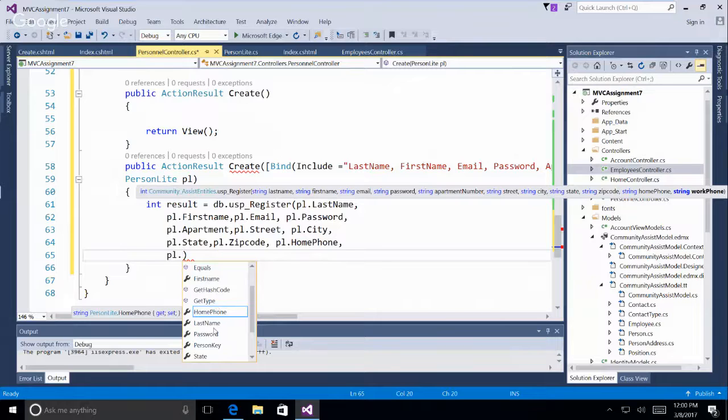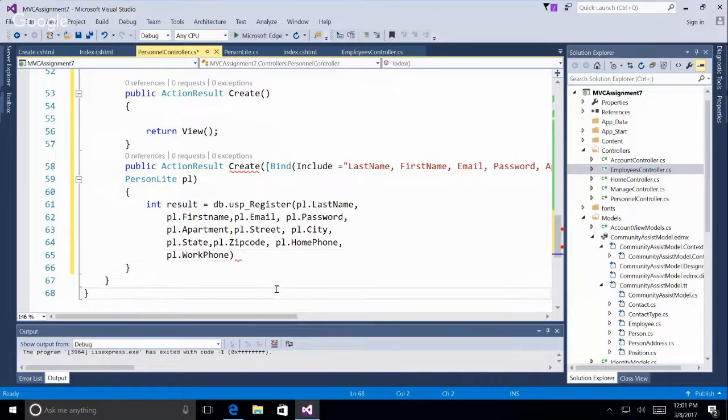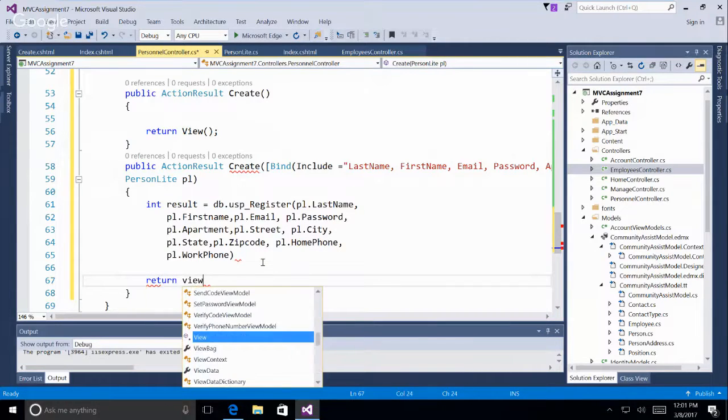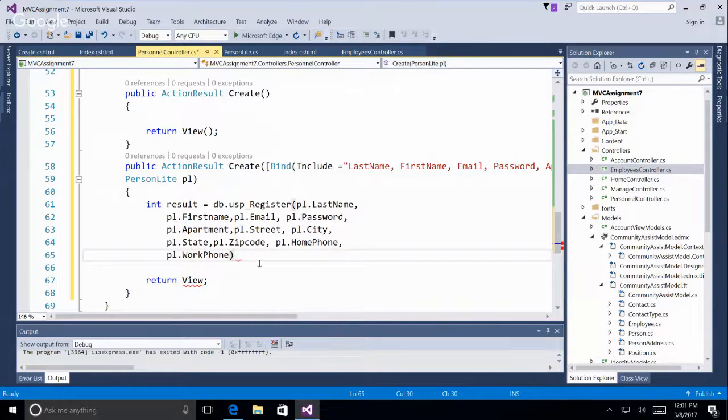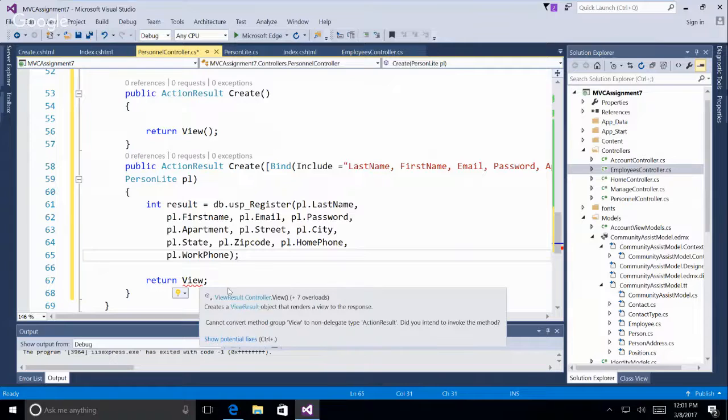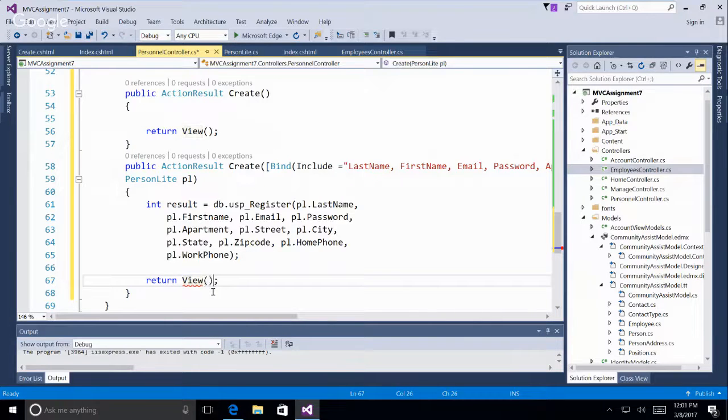Mine's giving me an issue with the USP underscore register. I had that. It should disappear. I had an extra semicolon where I needed it though. I'm going to return the view. I'm not sure if that's what we really, what do I have? That would be a semicolon there. So it doesn't, oh, probably needs a paren. Do you need to then delete the lines 53 through 57? No,